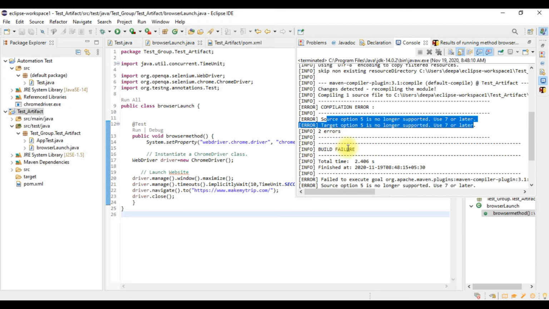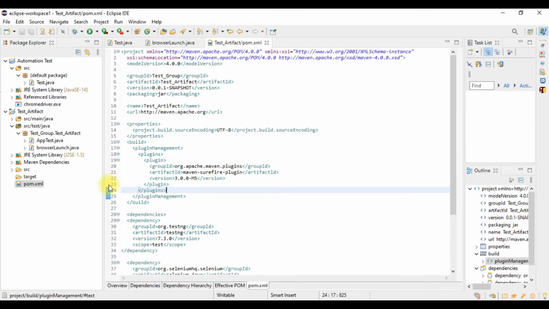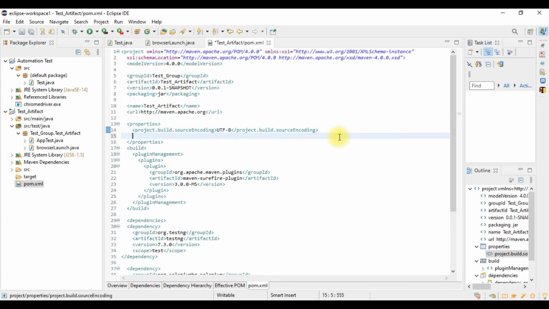So for removing this type of error, we have to go to our pom.xml file, and in this properties tag, we have to write maven.compiler.source, and here we will write, so what the error states.